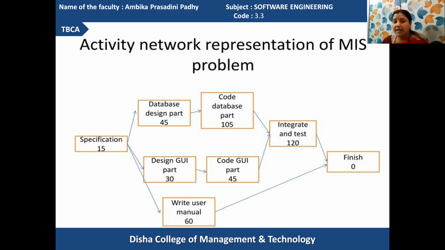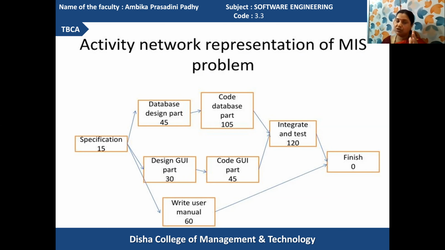Then your critical path will ultimately help to identify the execution from the starting node to the ending node, and in which manner. You can go for watching it. The specification requires 15 days. Then database designing requires 45 days. Then coding of the database part requires 105 days.